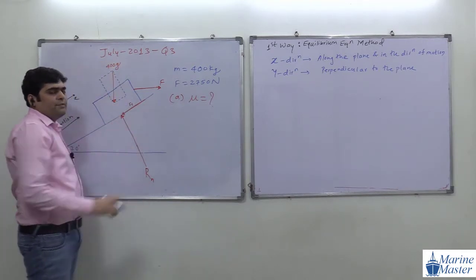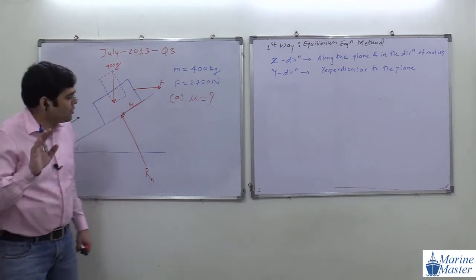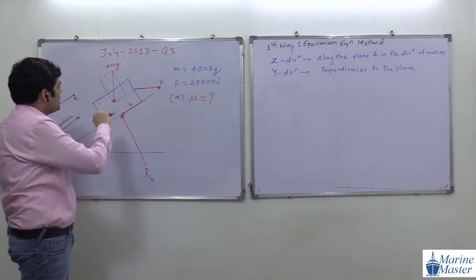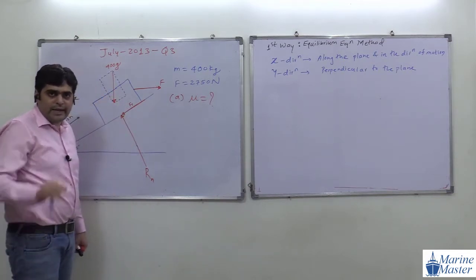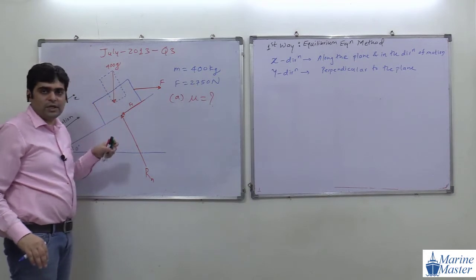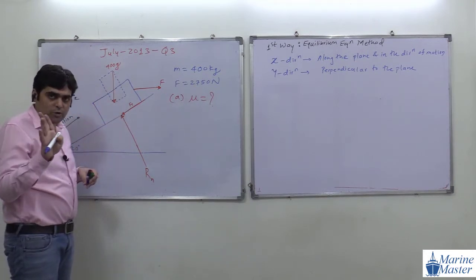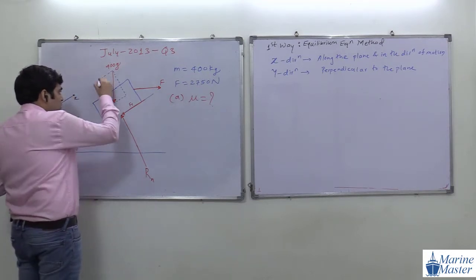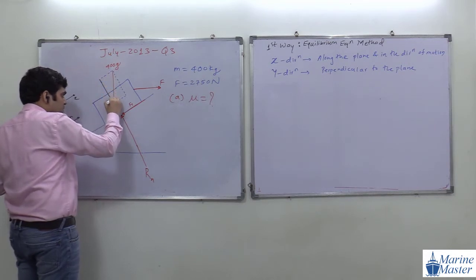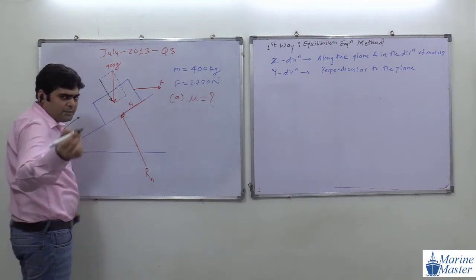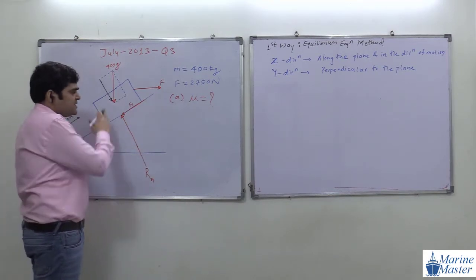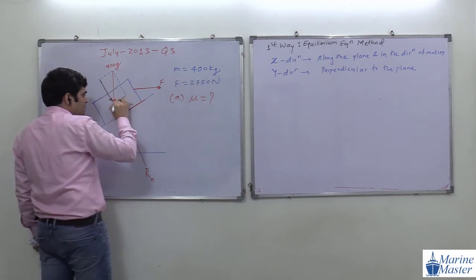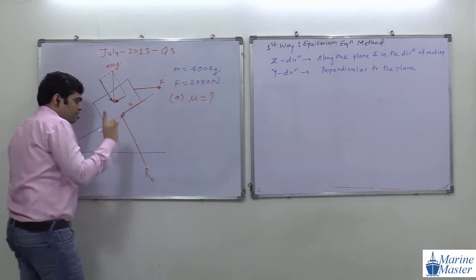A few lectures before, we solved a ramp question. In the ramp question, we took the components only like this: one component along the ramp, another component perpendicular to the ramp. The same story will be here. So here, try to see the logic. This is one component along the ramp, and another component is perpendicular to the ramp. Don't worry guys, after 4 to 5 days, you will become expert in such things.